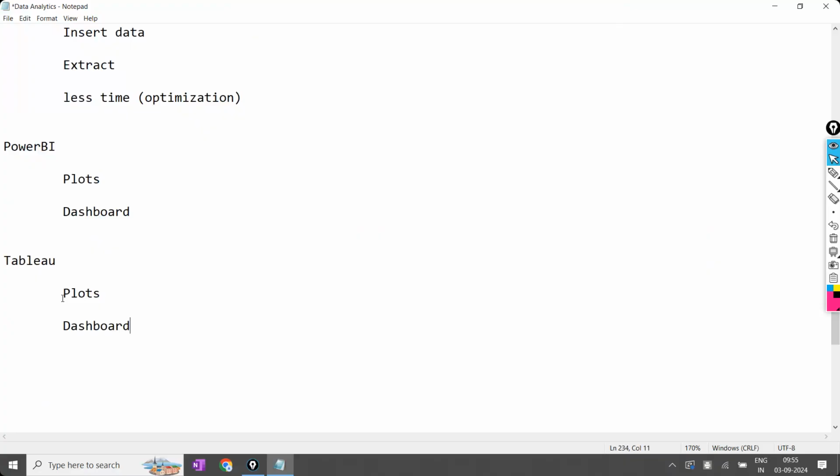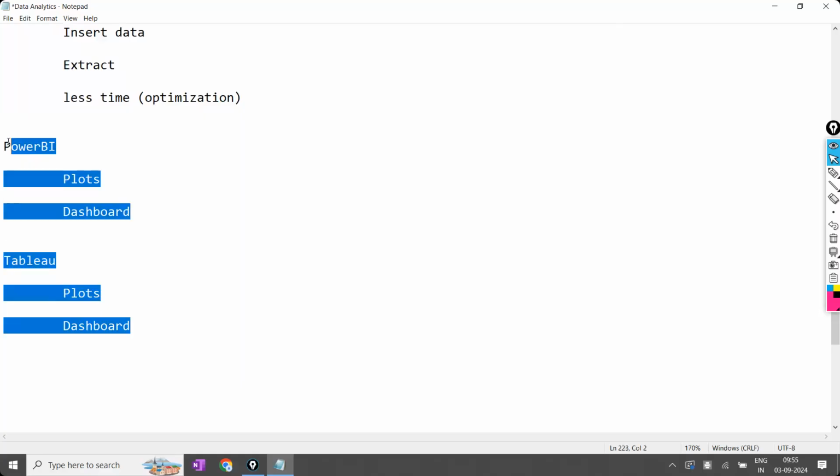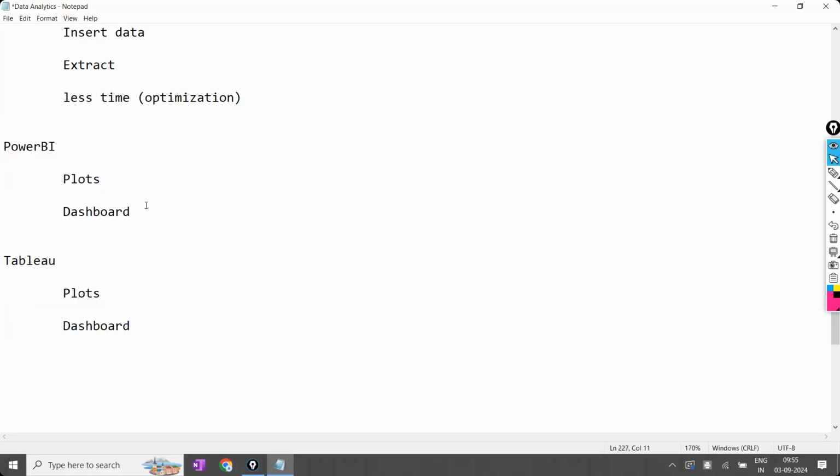That last step might be different from company to company. So some people will use Tableau, some people are using Power BI. Once we cover Tableau and Power BI, most of the companies' requirements will be satisfied. Almost 90 plus companies' requirements will be satisfied by creating this. There is no difference between Power BI versus Tableau. We are just going to make different kinds of plots.